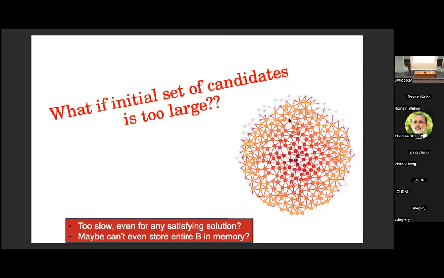The second issue is that what if your initial set of candidates is too large? Actually, the first query that you need to generate, let's say that your bias is 1 million constraints, right? If you're going to use a standard CP solver, that means that you have to reify 1 million constraints, give that to a solver, and just loading in the constraints for that solver will already take a few seconds. And so then finding a solution will take even more. So that would be a bottleneck on how long the user has to wait. And so even finding a solution that satisfies that property